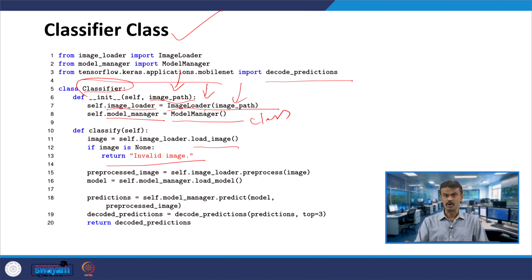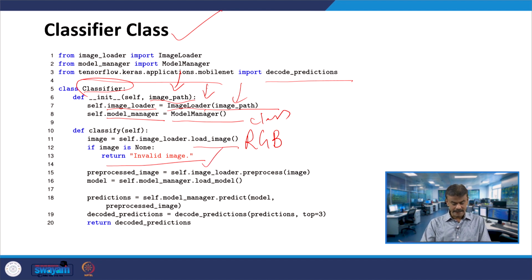If you are not able to open the image, it returns invalid image. Up to line number 13 it is very clear.